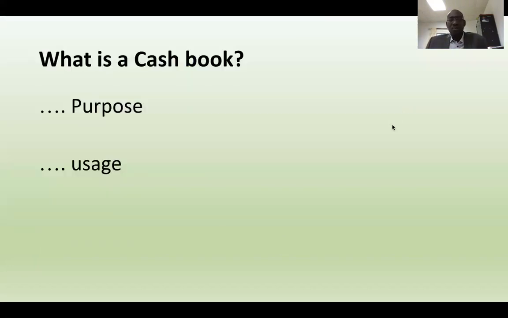Okay, so first we're going to start. What is a Cashbook? As accountants by training, we know a Cashbook is a book of account. It's a book of account which is used to record all cash receipts and cash payments. Of course, it's a day book that is used to record all cash receipts and cash payments by a business